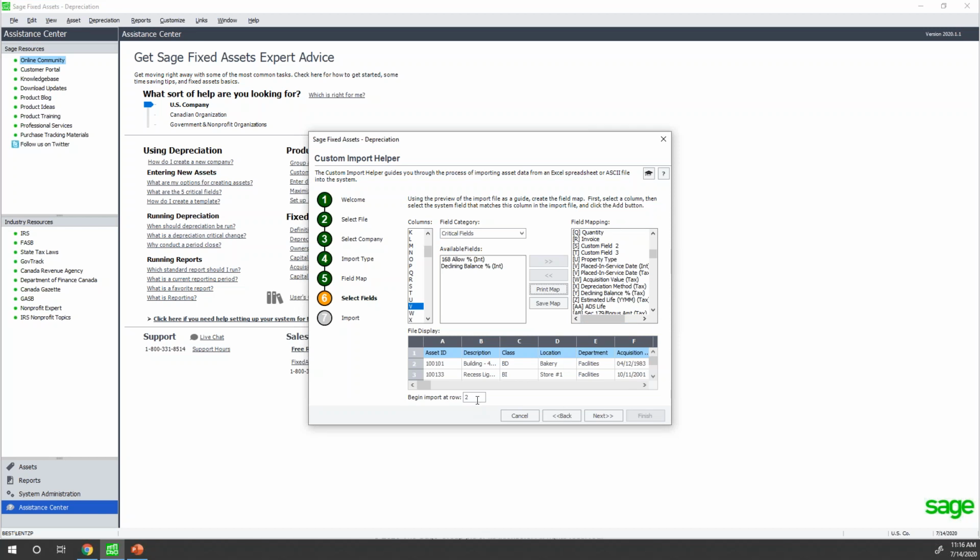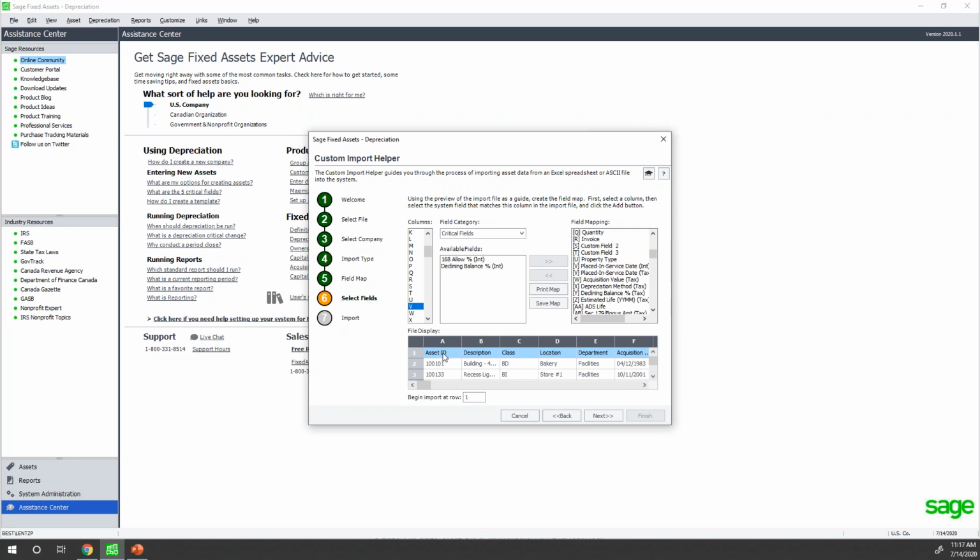Okay. Down at the bottom, it says, where do I want to begin my import? It says it's going to automatically start beginning at row 2, which turns out to be good for my set of data because I have row 1 being the title of what's in the column. But if I just do row number 2, I'm not going to get a report that's going to give me any errors. And I really would like to show you guys an error. So I'm going to go ahead and say, start at row number 1, and go ahead and have the title